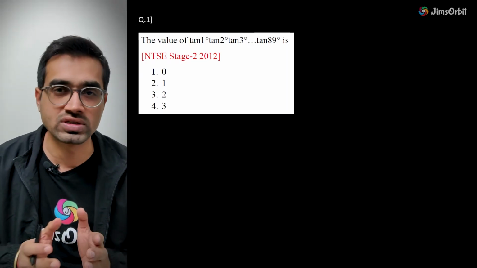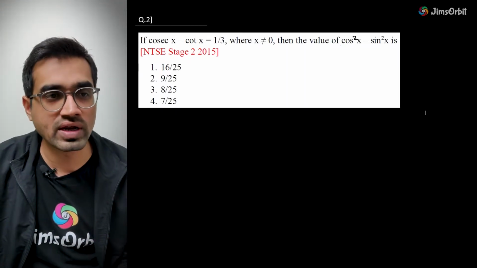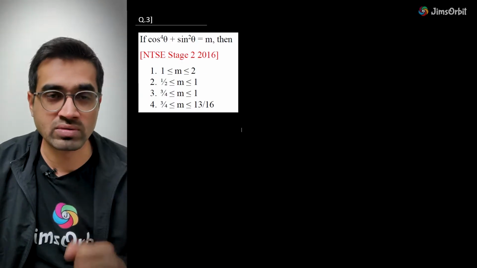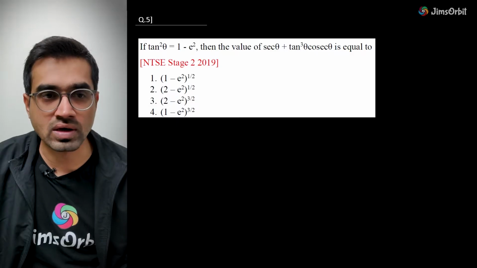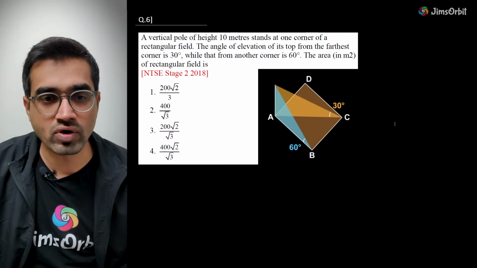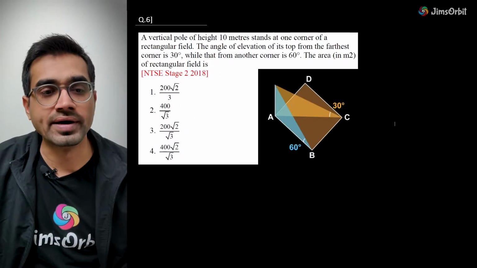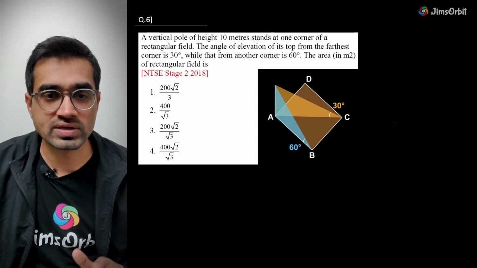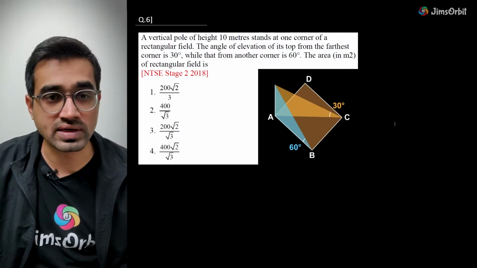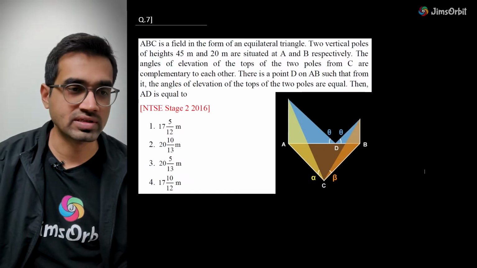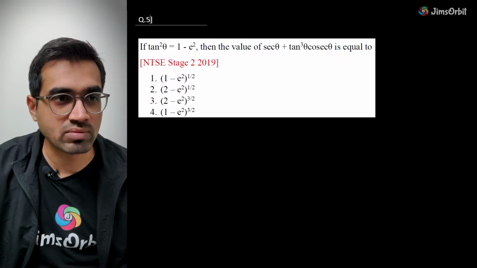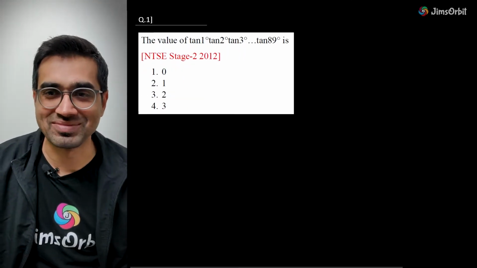The number of questions is way too less. Just to let you know, there are only 7 questions, out of which question number 1 is pretty simple, and you have the rest of the questions as you can see. This is a good question. This diagram wasn't there. It was made by a graphic designer, and this is only to make the question easier to understand. Otherwise, the question will not come with the diagram. So remember this. We'll start with question number 1 now. Why waste our time, isn't it?